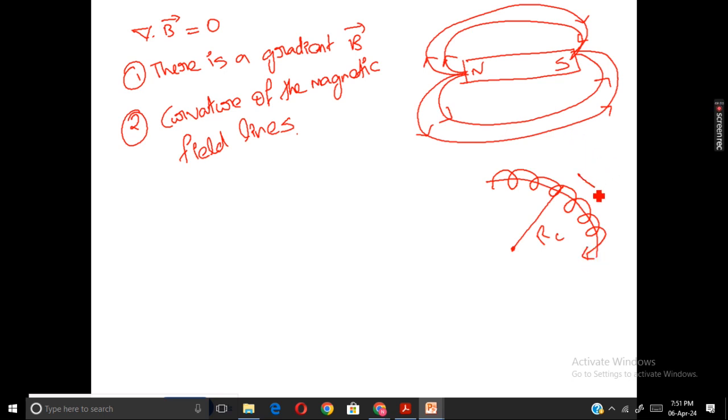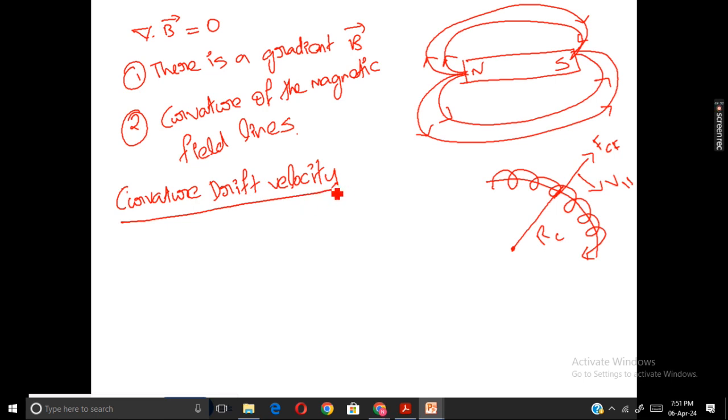So this direction is the parallel, and there is a force acting along the radius of curvature, which is basically the centrifugal force. So we will be discussing curvature drift velocity, the drift velocity of the particle which comes due to the curvature in the magnetic field lines. So V_R is equal to 1 by q